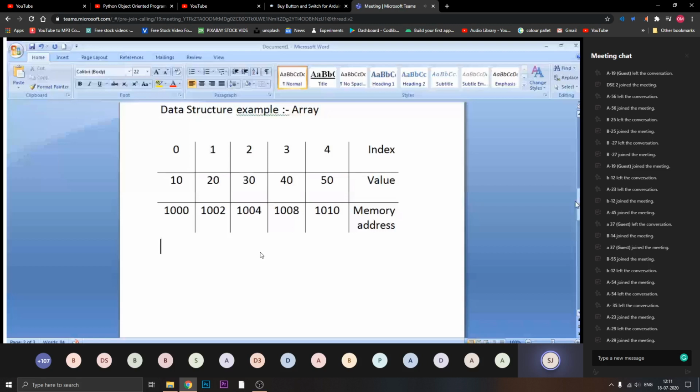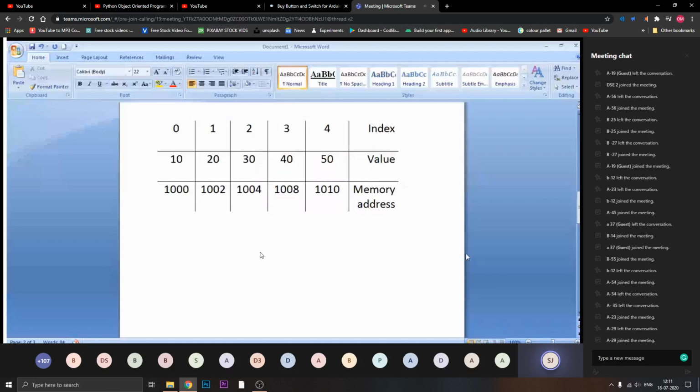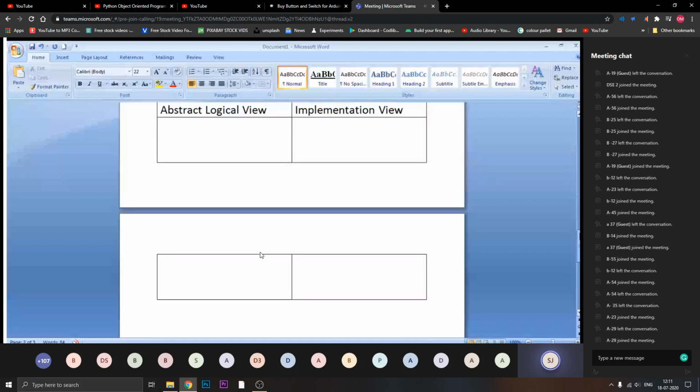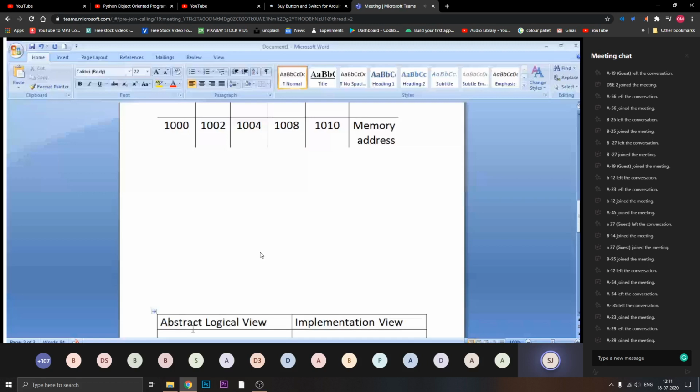Non-primitive data structure, and this is also one of the methods to represent the data structure. What are the two methods to represent a data structure? Anyone answer me? I told you stack, queue, linked list, graph, and tree.